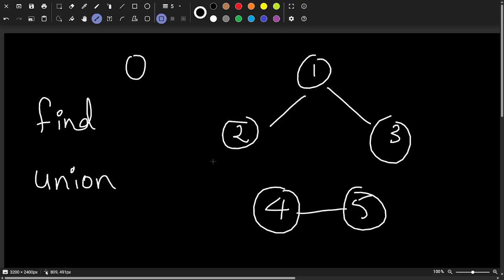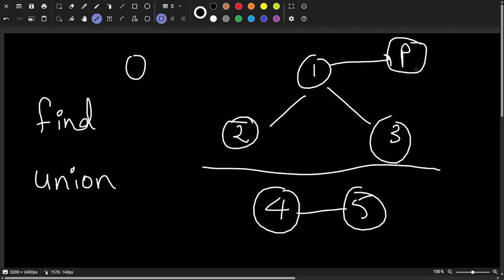So each component is represented with the parent node, and we can assume the parent node to be anything here, but in general, we assume the smallest node value to be the parent node. So let's say 1 is the parent node here. And then if the parent of 2 is also 1, then that means it belongs to the same component. So we can iterate through all the nodes and find the number of unique parents, and that would give us